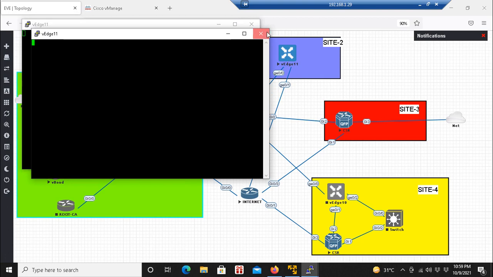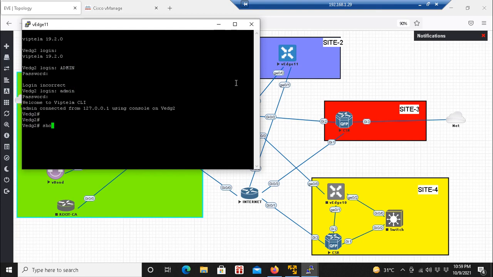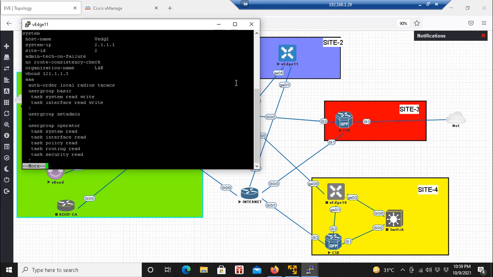Now if we go to the WAN edge, first of all, to bring the SD-WAN fabric up, we define the initial system config on the WAN edge. So if I log into this WAN edge, as a part of the initial system config, we define the vBond IP address. See, this is the vBond IP address. As part of the initial config, we have to define some parameters like the host name, the system IP address, the site ID, the organization name, and the vBond IP.